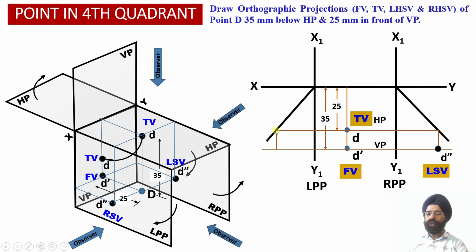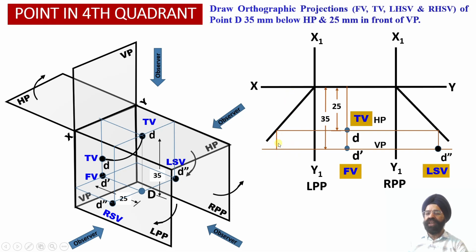Through this transfer line we obtain a vertical projector line at a distance of 25 millimeter from the vertical plane, and wherever it intersects with the horizontal line drawn through point D dash, which is located at a distance of 35 millimeter from the horizontal plane,